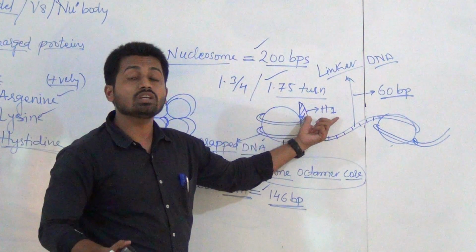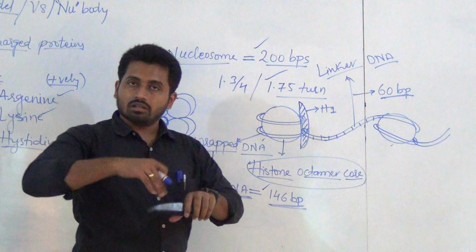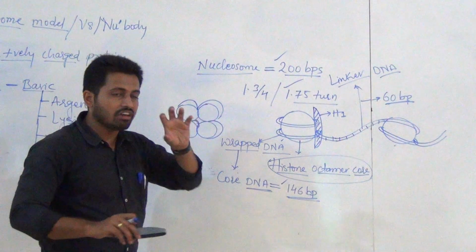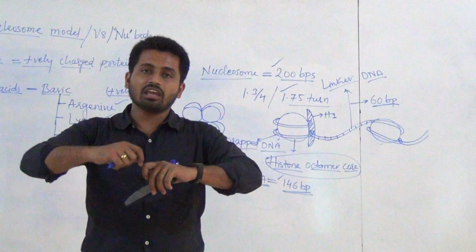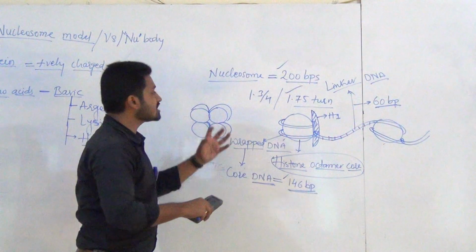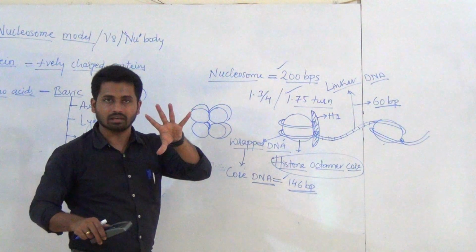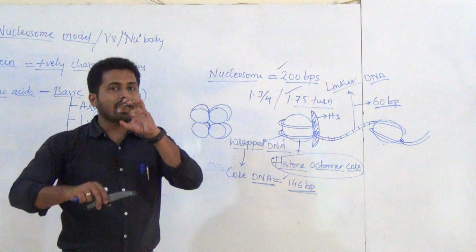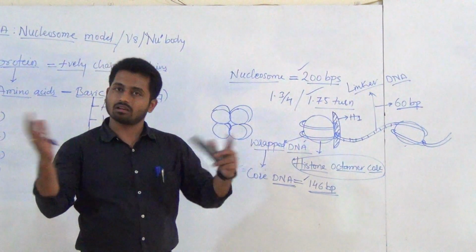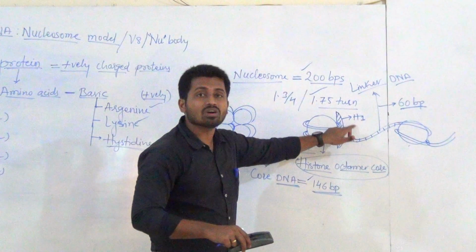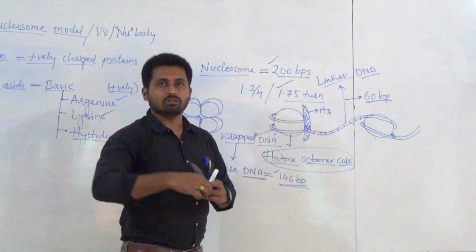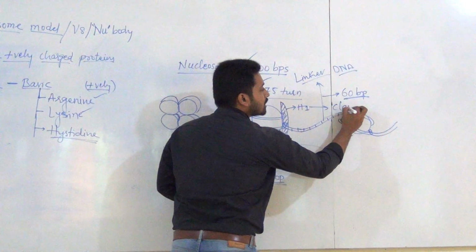And this is H1. Now what is it doing? Suppose these 8 ball-like structures, actually these are ball-like structures for your understanding. When you gather these ball-like structures and a rope is bound around them, by the pressure there are chances of these balls splitting. When 8 balls are gathered together and you tie them tightly with a rope, there are chances of the balls splitting away from each other, and hence here H1 is a protein which makes them stay together.